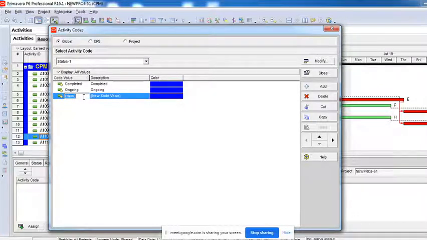And this is a future activity, so I can call it, I'll say, to be started. Alright, and then say close.